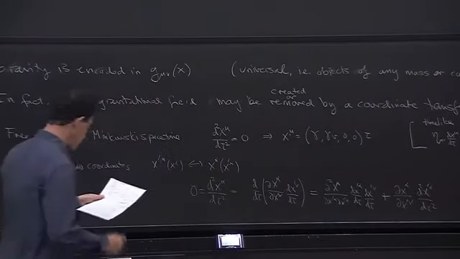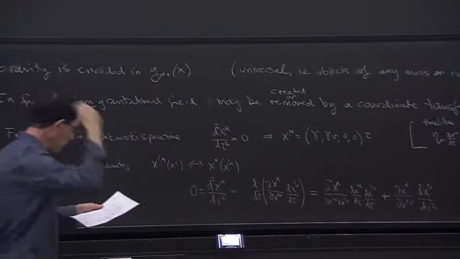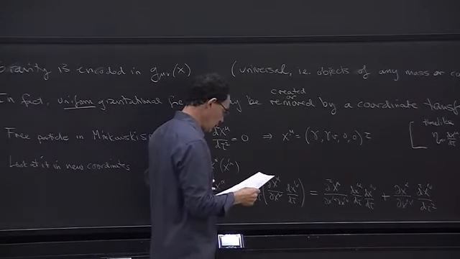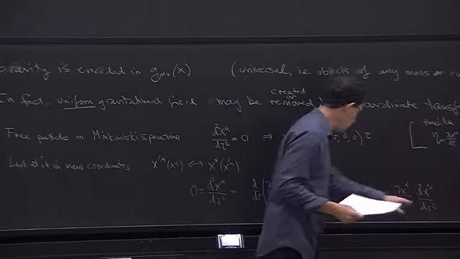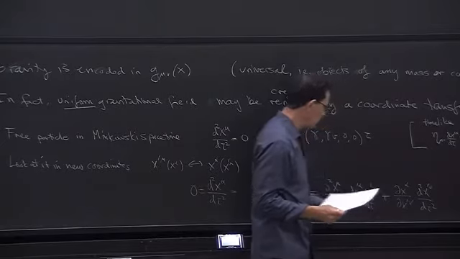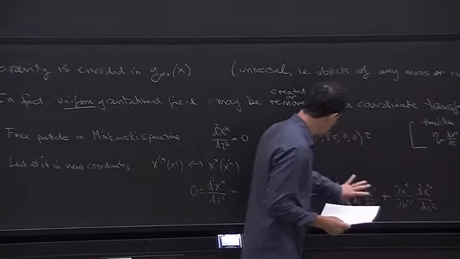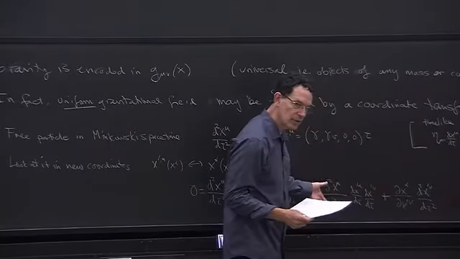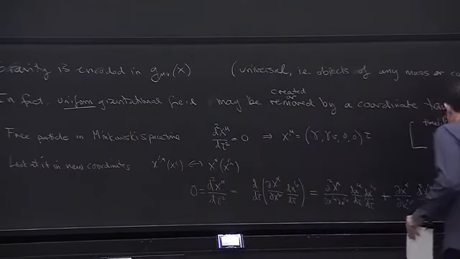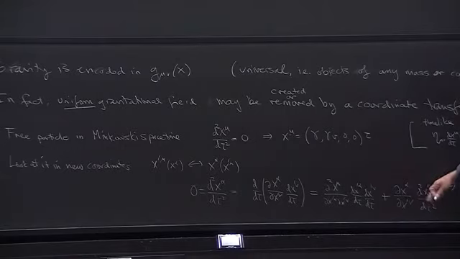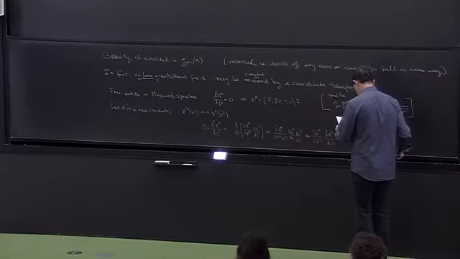So 0 is this. The particle was going in a straight line in the x coordinates. In the x prime coordinates, it's not going in a straight line because you've got to cancel these two terms. The sum of them is 0. So that's saying the acceleration is something to do with the second derivative of the coordinate transformation, right? And since all of this equals 0, I can multiply by the inverse Jacobian matrix to put it over there. And then you can show that